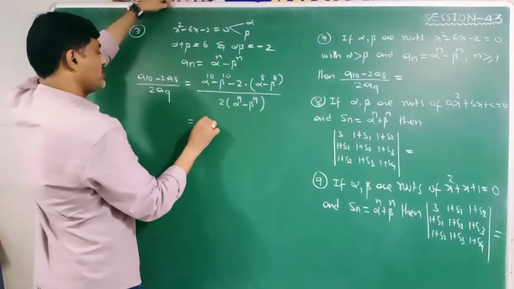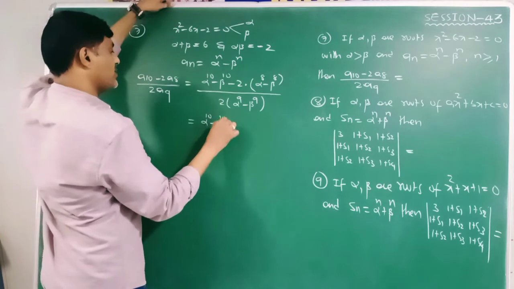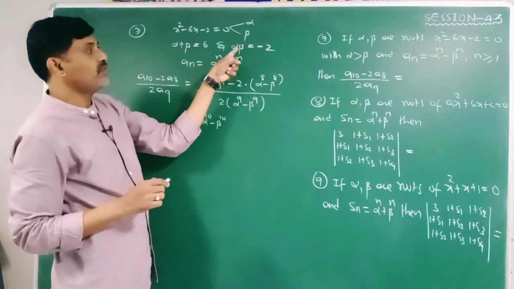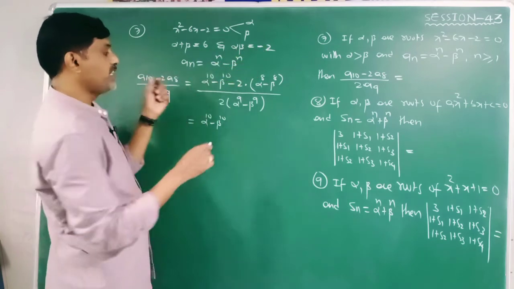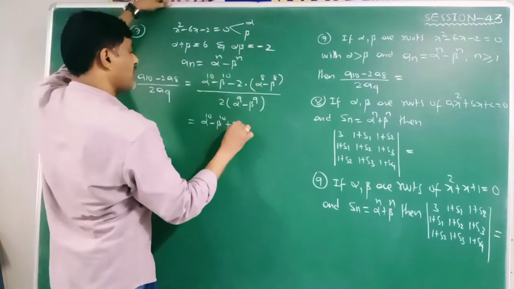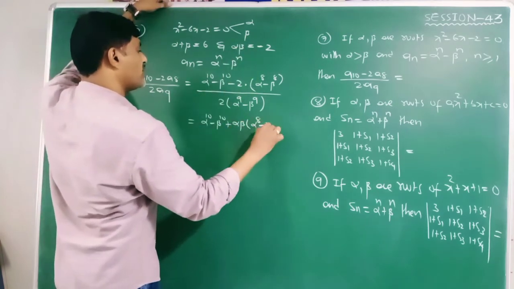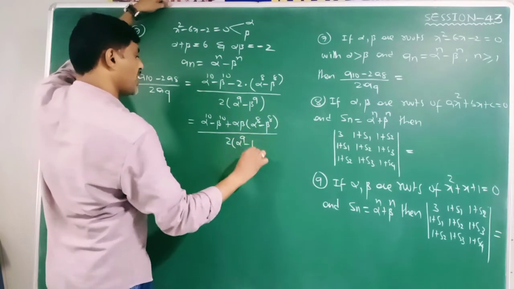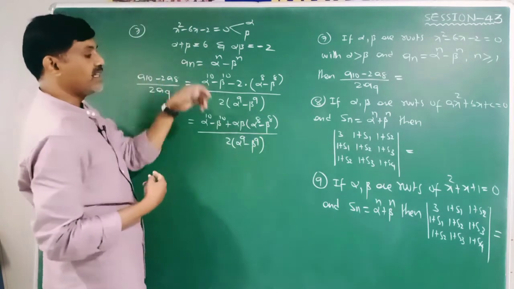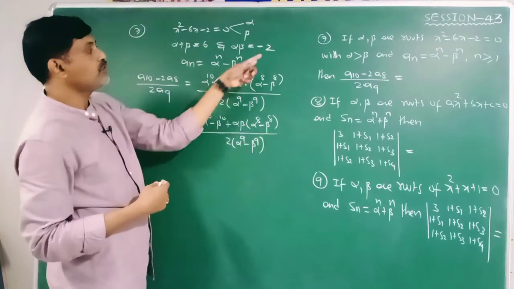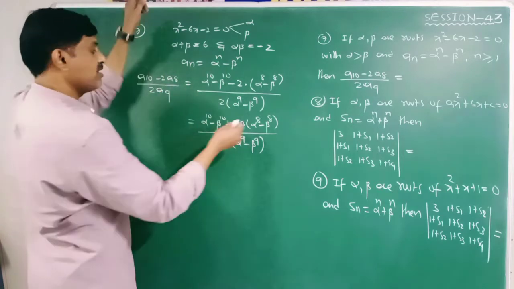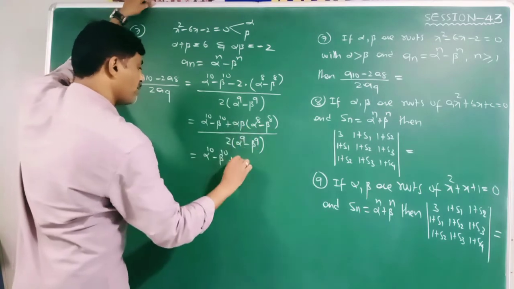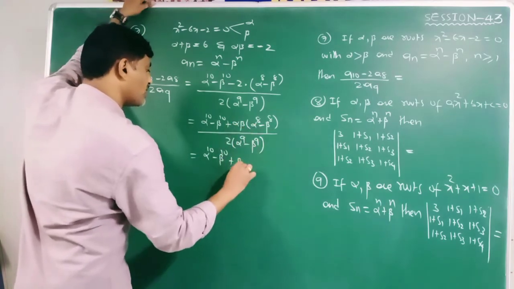Now this is alpha power 10 minus beta power 10. In place of minus 2 you have to keep alpha beta, because the alpha beta value is minus 2. In place of minus 2 I will write alpha beta times (alpha power 8 minus beta power 8), divided by 2 times (alpha power 9 minus beta power 9). Just in place of minus 2 I wrote alpha beta here. Now multiplying, alpha power 10 minus beta power 10, this is beta times alpha power 9,